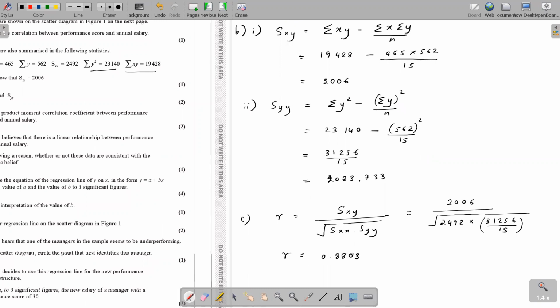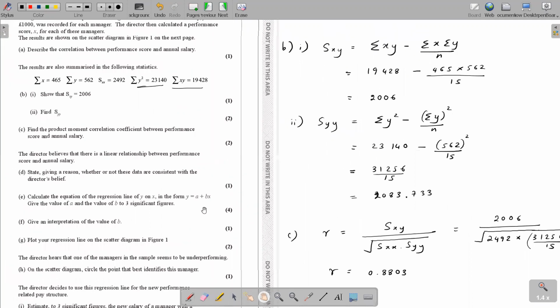So you can see your R value is close to 1. Significance of the R value: it describes how well the two variables are related. R values range between where to where? Between -1 and +1. Do you remember the theory? A value close to +1 shows a positive correlation, both values increasing. A value close to -1 indicates a negative correlation, still a straight line, but as one increases, the other decreases. A value close to 0 means the two variables are not related to each other. So that's what R means.